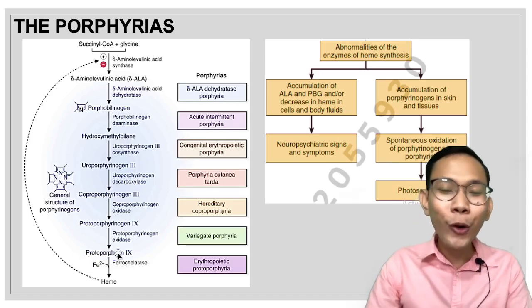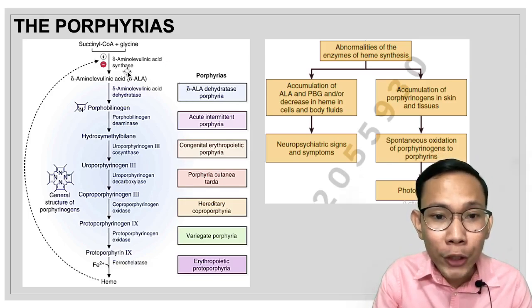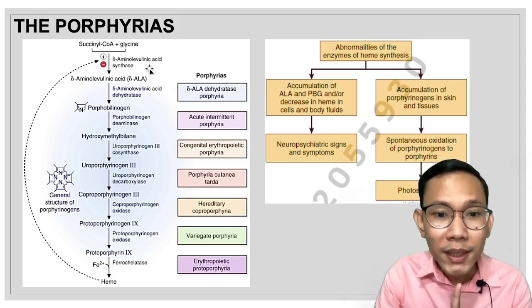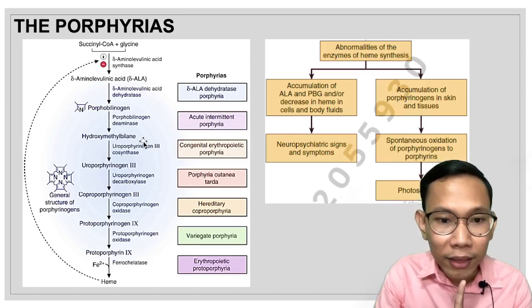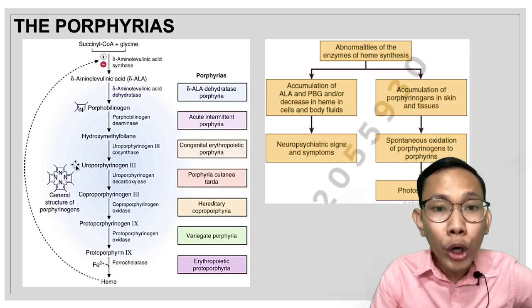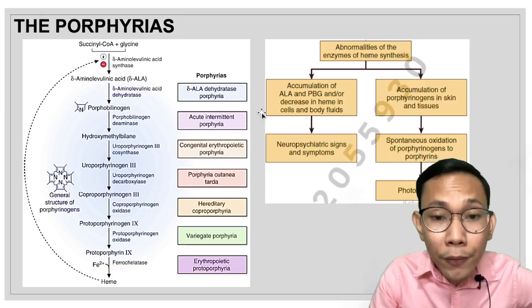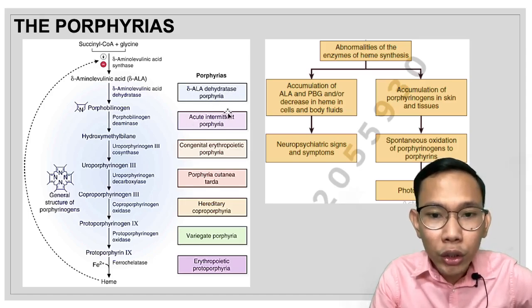So again, anong concept ang gusto kong malaman nyo? At an earlier stage, at this stage, pag there is accumulation of your ALA, ang symptoms na very common is neuropsychiatric symptoms. Wala pa tayong photosensitive na symptoms. Pag mayroon tayong accumulation of porphyrinogens at this stage up to this stage, therefore nagkakaroon tayo ng photosensitivity. Therefore, type of porphyria, for example, meron tayong D-ala dehydratase porphyria and your acute intermittent porphyria,